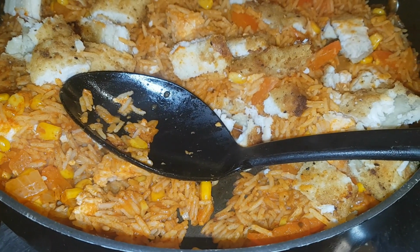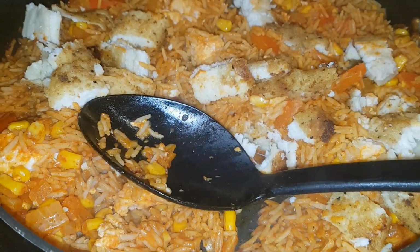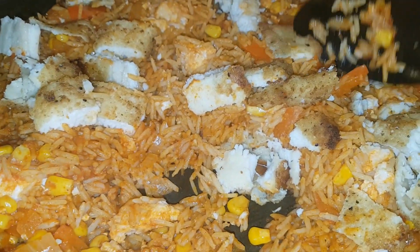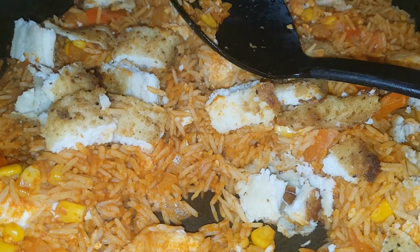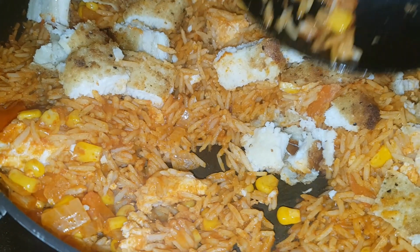And then I used 3.5 cups of liquid, and I used 2 cups of vegetable stock that I just made up with a vegetable stock pot, and then another 1.5 cups of water on top of that. Let that come to a boil, put the lid on, cooked it for 12 minutes, added in